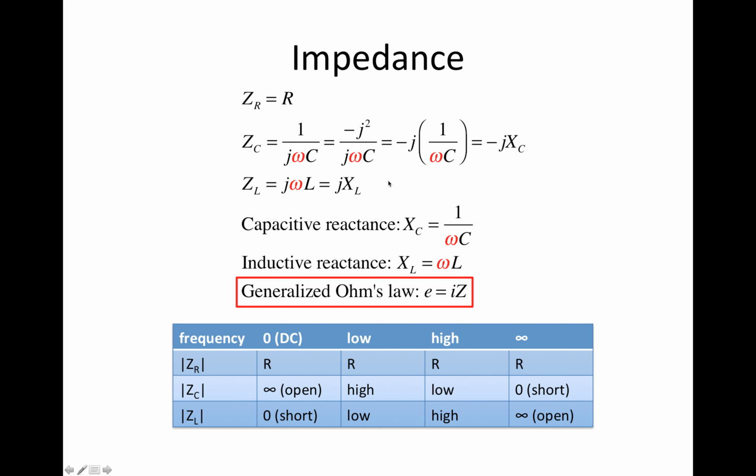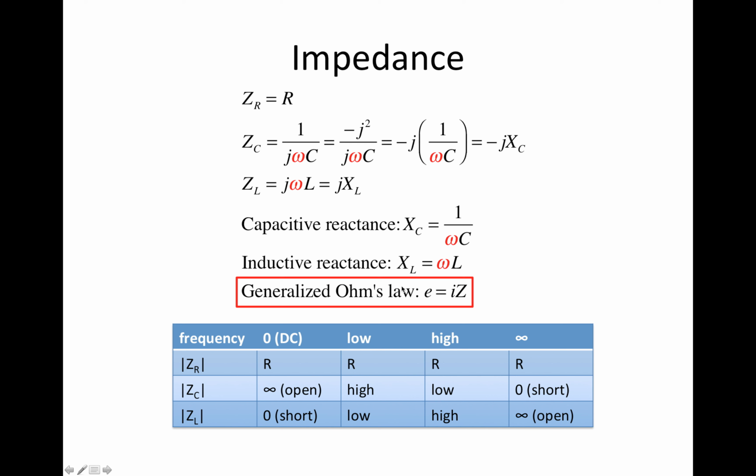For the inductor, we can introduce the so-called inductive reactance XL, which equals omega times L. The impedance for the inductor equals j times XL. It is also a complex number. Its length is given by XL, and its angle is 90 degrees because of the multiplication by j. At this point, we have effectively generalized Ohm's law because the impedance is obtained by dividing the